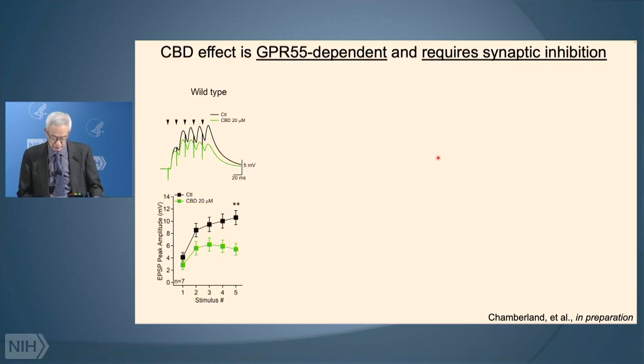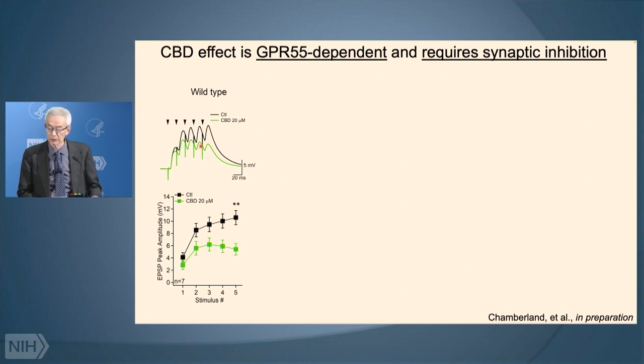Well, let's look using stimuli that are weak enough not to produce any spikes, so we can look at the compound synaptic potential that arises from excitatory transmission and inhibitory transmission, all occurring at the same time. In the absence of CBD, we see a gradual buildup of depolarization. This is very physiological. This is what would make the neuron reach threshold, only we're not quite hitting threshold here, so we can analyze the synaptic events.